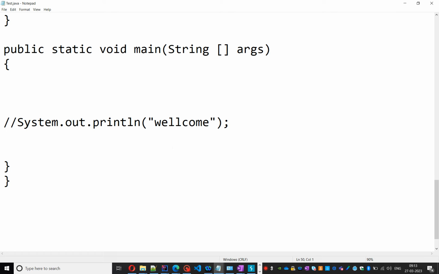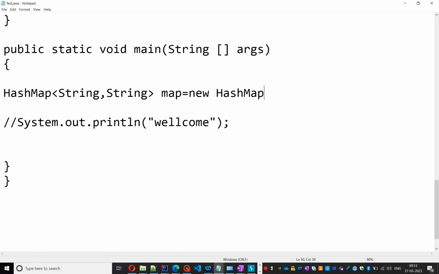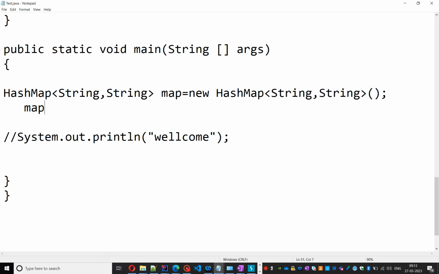We'll go to our class. We have one test class. Here we'll check. We need to create one HashMap of String, String: Map<String, String> map = new HashMap<String, String>();